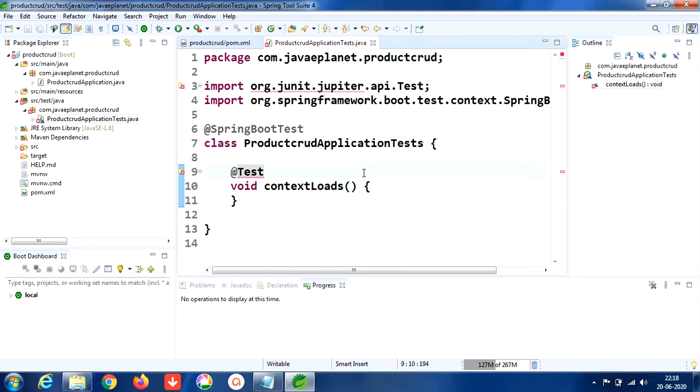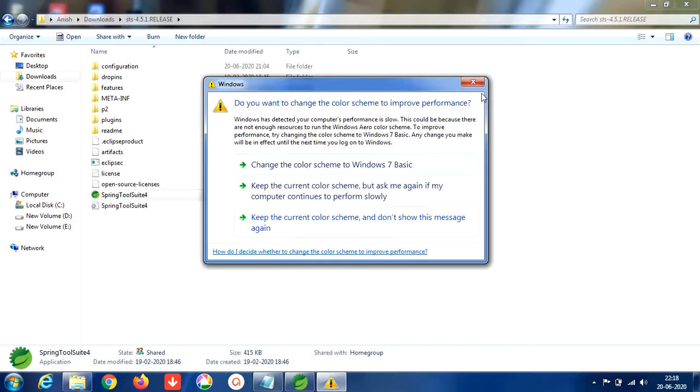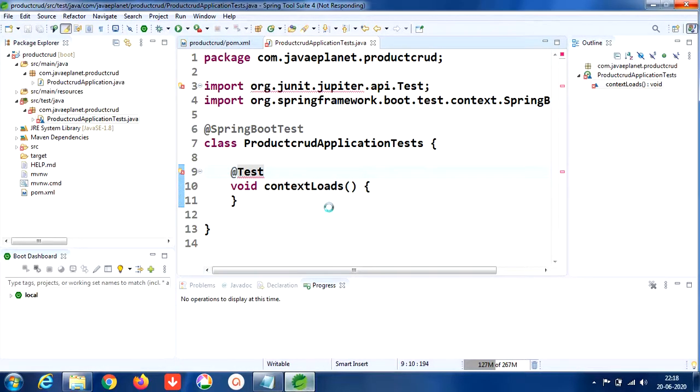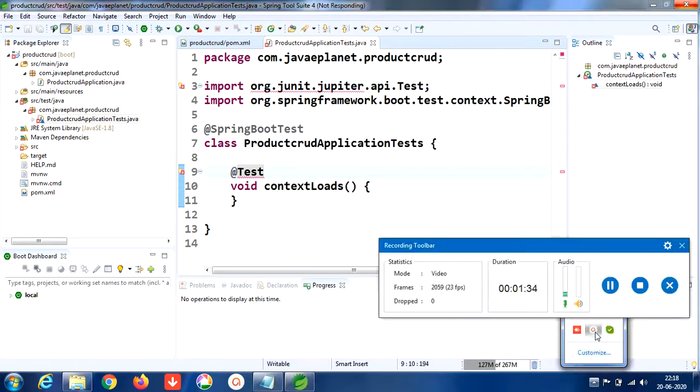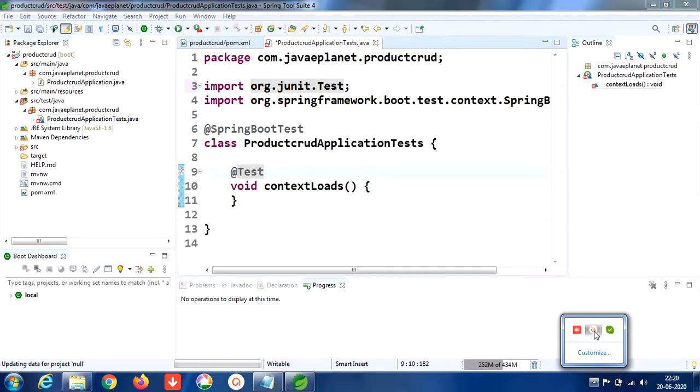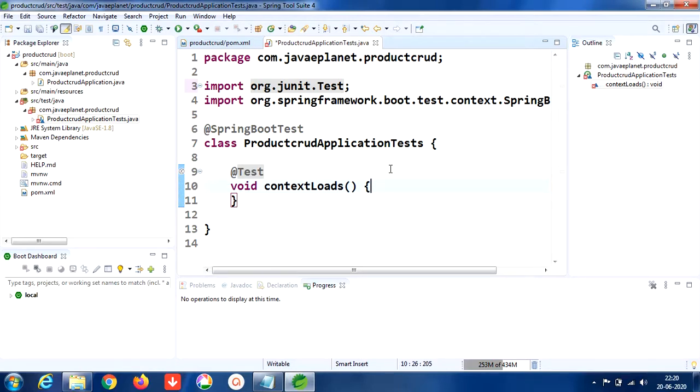Press Ctrl Shift O. Here we are done with removing the unused imports by pressing Ctrl Shift O. To remove the unused imports, we have to press Ctrl Shift O and Ctrl Save.